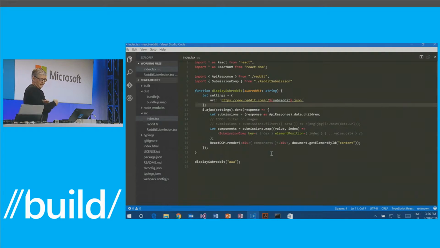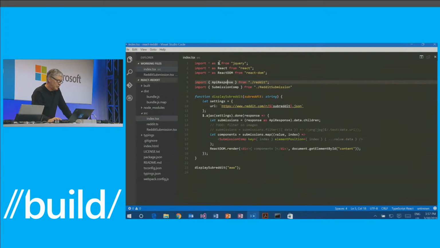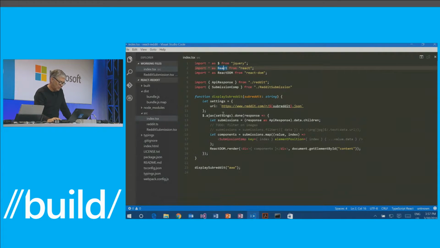Visual Studio Code on this project. And it actually looks pretty similar. We can navigate to imports here. And first of all, you see that we have, in fact, the very same file, the API response and the submission. So that file is exactly the same between the two. But here instead of jQuery, we're using React. And I can go to the definition of these guys and see how all of that code was written. Also, we have a bunch of node modules installed and so forth.